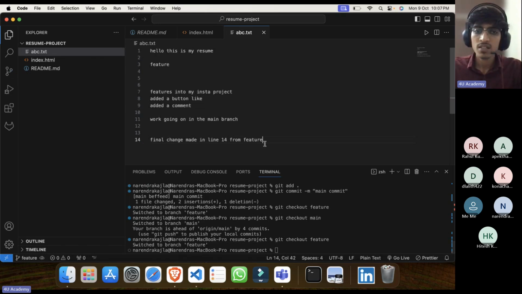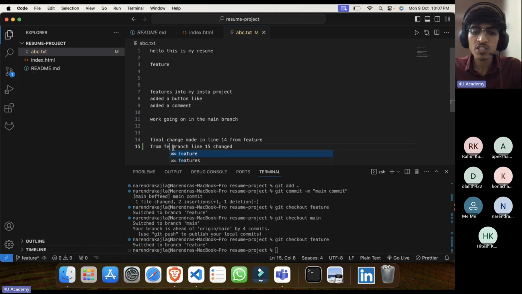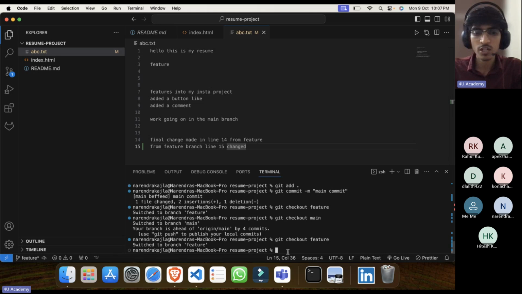But another user did a change in the feature branch also, in the same line. When changes are done on the same line, then there is a merge conflict. When there is a difference which Git cannot resolve, it will be a merge conflict, and we have to resolve it. So how to resolve that? It depends on which branch you want to merge.